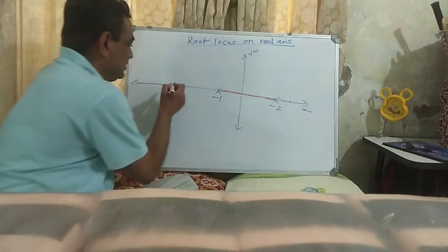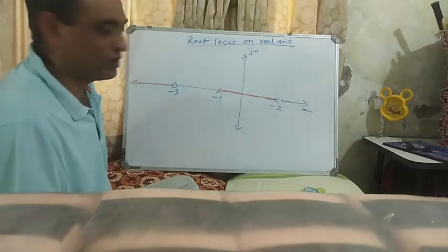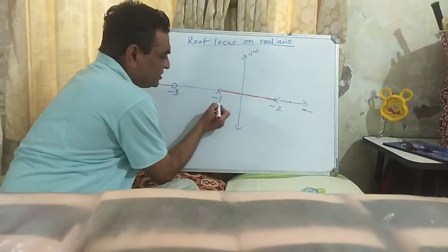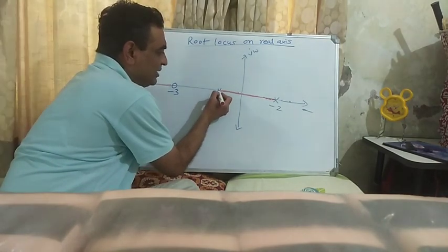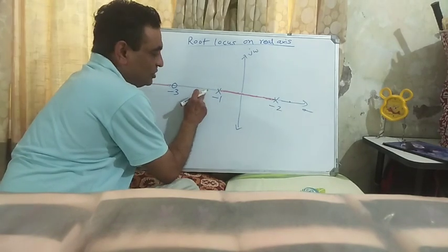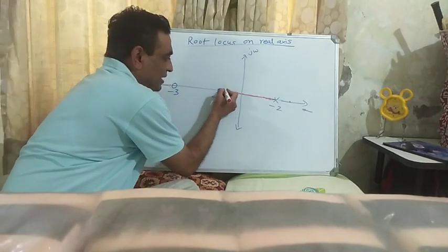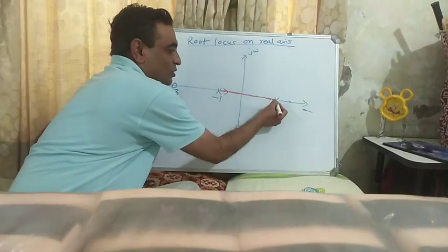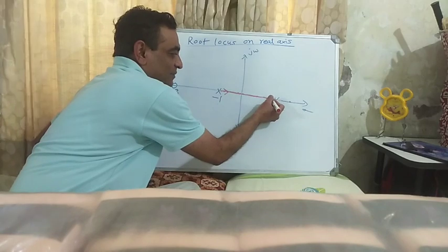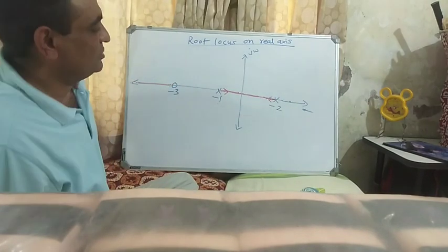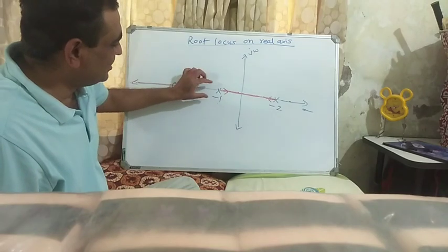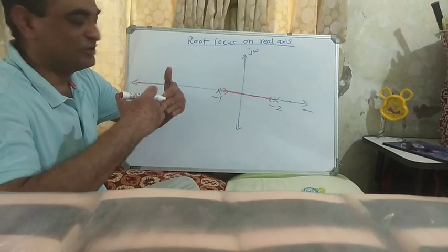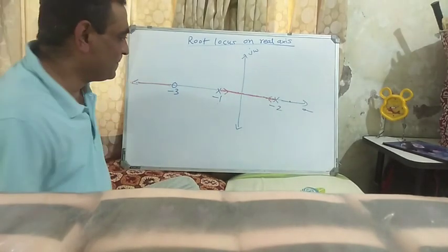But now the root locus. Now let me give the directions of the root locus branches. This is very, very important. Now the root locus starts from open loop pole. So it cannot go this way because it is not a part of the root locus. It will go in the right direction. So I can put an arrow like this. This is also a part of the root locus. It cannot go to the right hand side. It will go to the left hand side. Okay, so this is the part of the root locus. So it means that the root locus from -1 and root locus from -2 are approaching towards each other. So there would be a breakaway point, definitely.